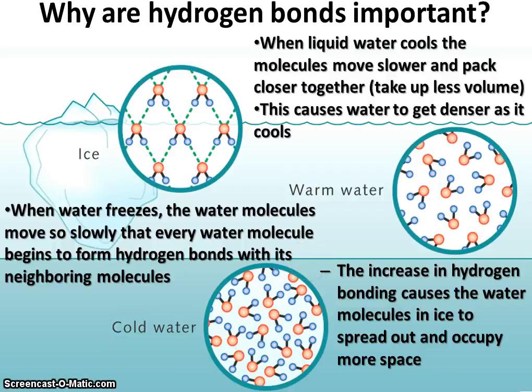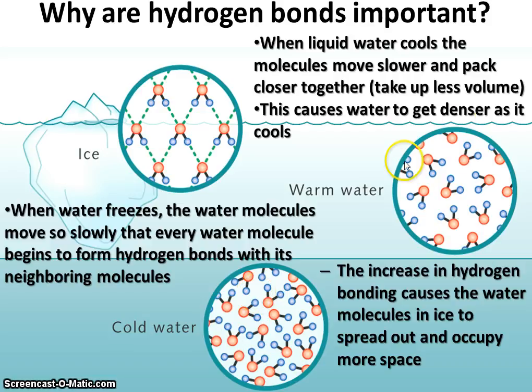Lastly, hydrogen bonding causes ice to float, and this is really unusual. It's very unusual that a solid would actually float on its own liquid, that solid water or ice floats on liquid water. Most other substances in the universe, when they turn to solid, get more dense and would sink. What's even more crazy is that it's true what I said in the last lesson when I was talking about currents, that warm water is less dense than cold water.